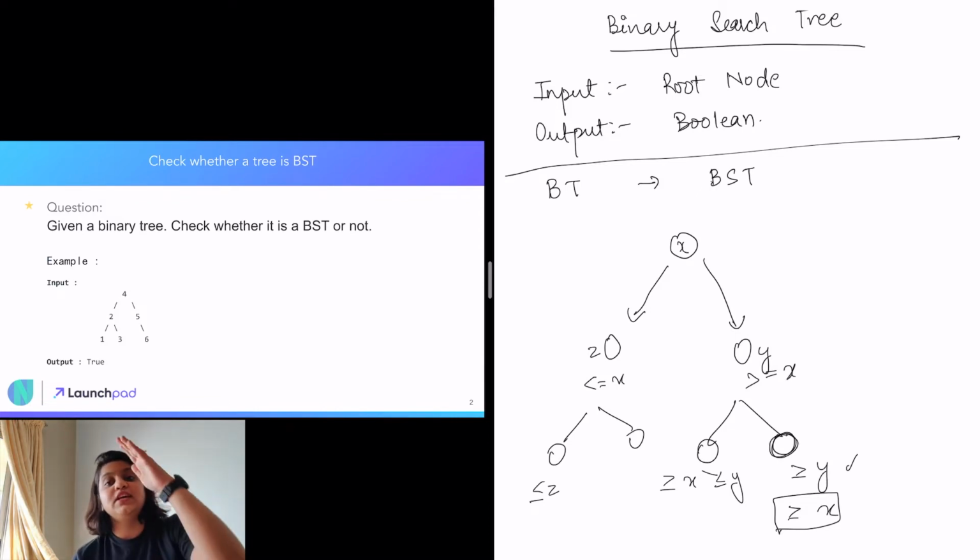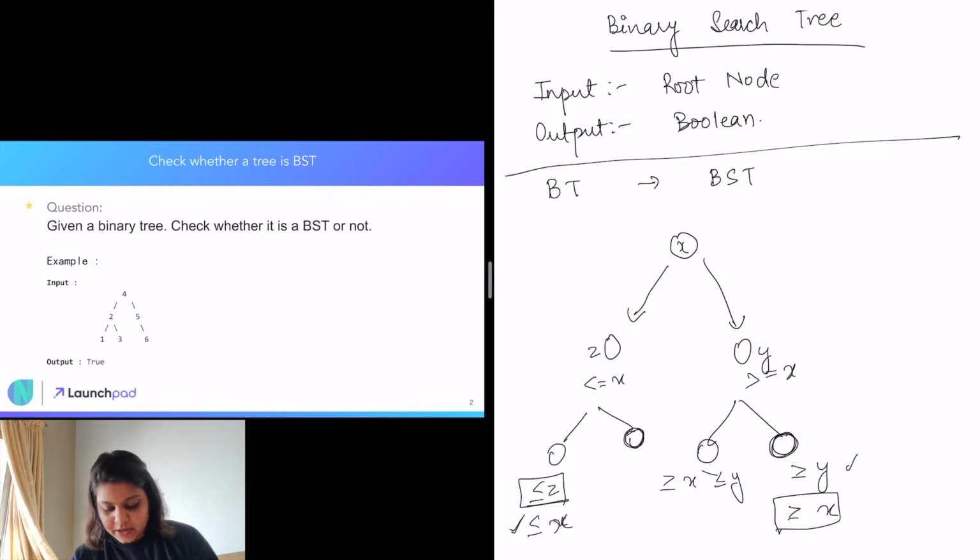Also, because it is in the left path of the child of the x data node, this also has to be less than x. But since we already know that z is less than or equal to x, if we have a value less than or equal to z, this is already satisfied. Now here